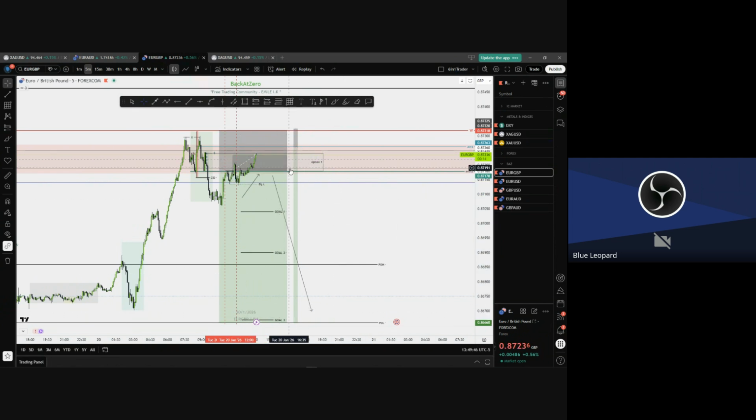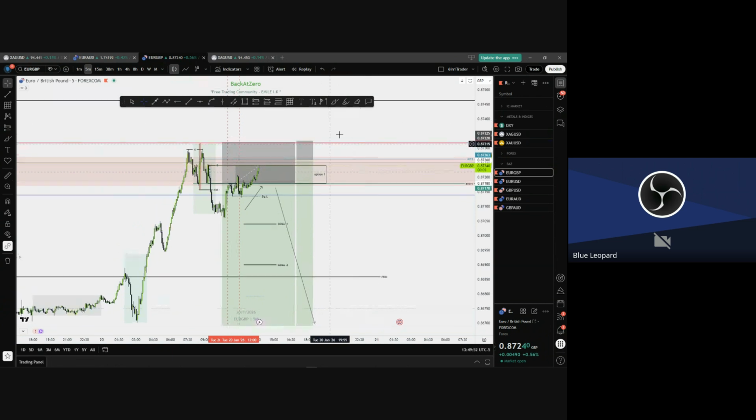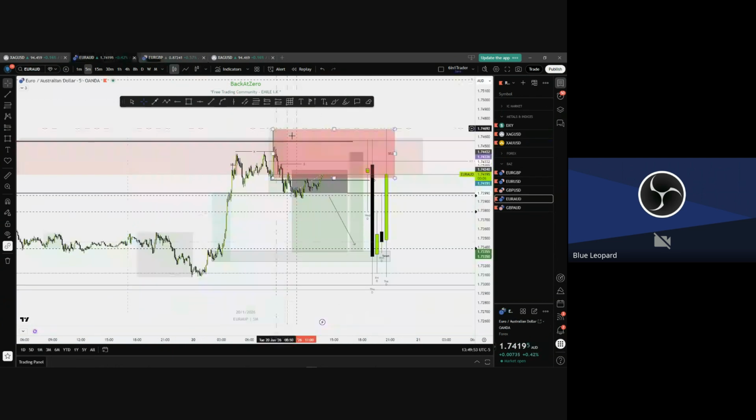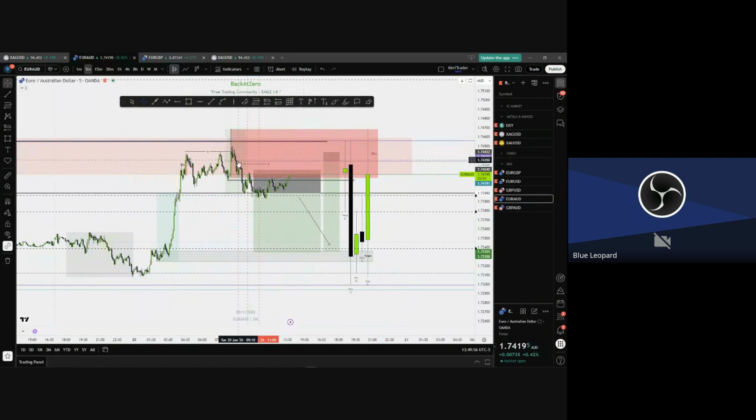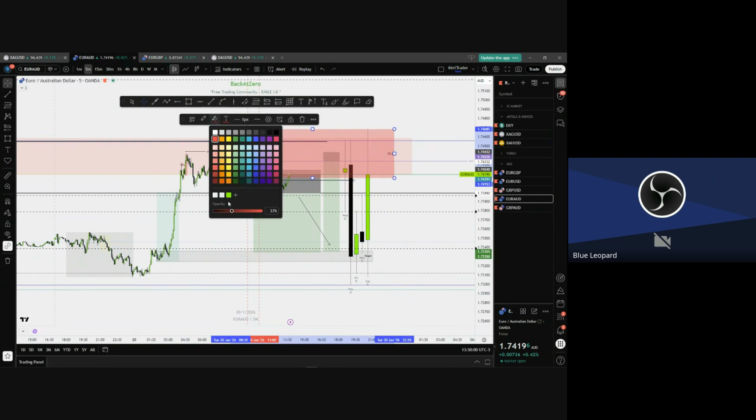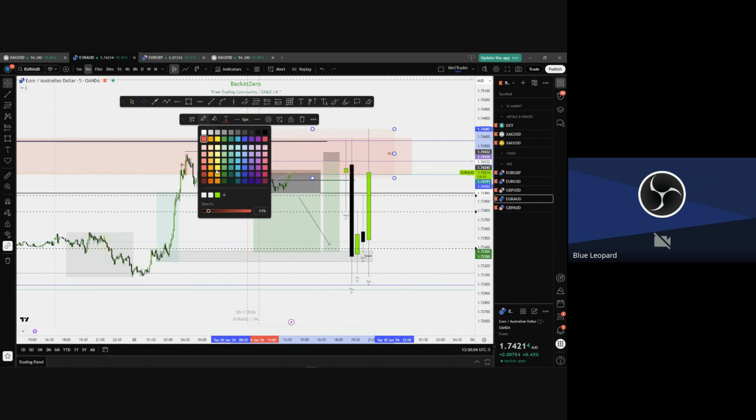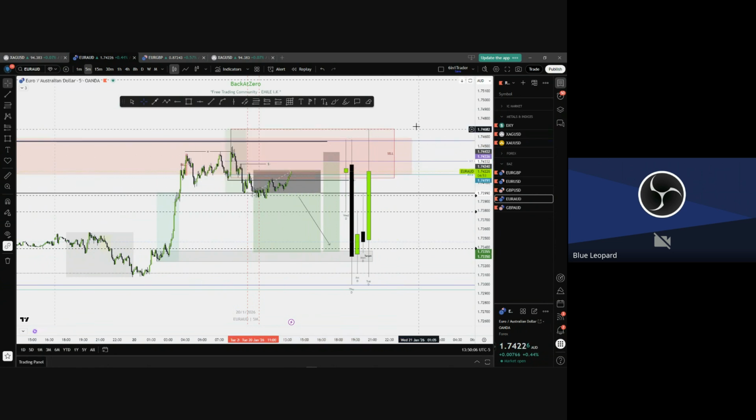This one, I still trust it. I know price will reach here and then return, because of the weekly zone that is very strong. This one I trust it, but I know that price has to give us the second sell zone. This is the sell zone. We know how price is playing out. Let me mark this like this. This is a sell zone. We are inside of a sell zone.